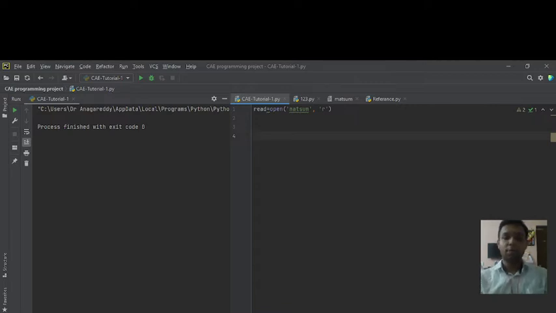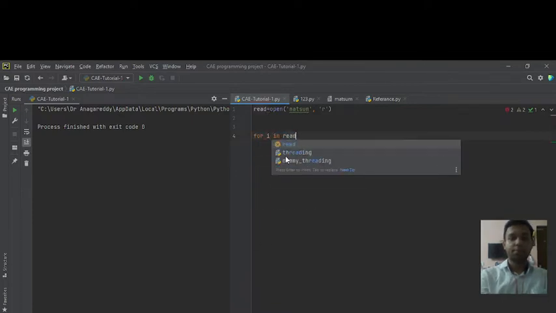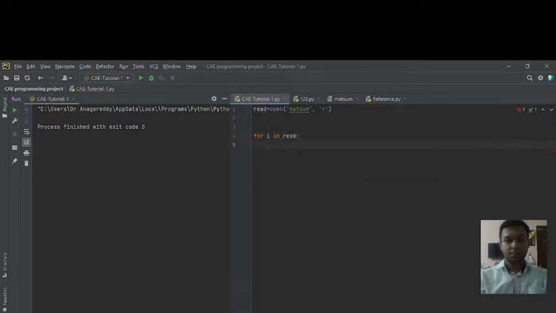So how can we do that? Let's see. Initially we have to strip this data at both sides.